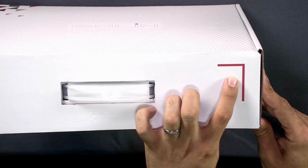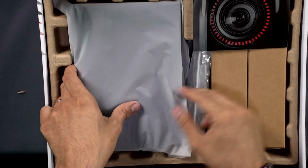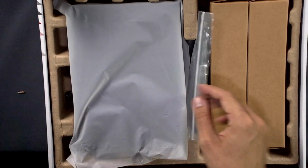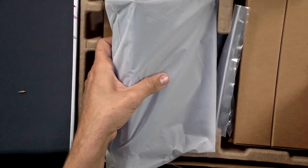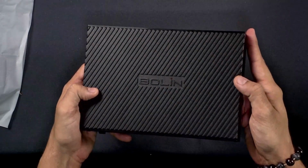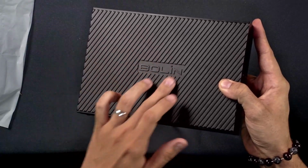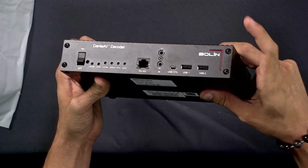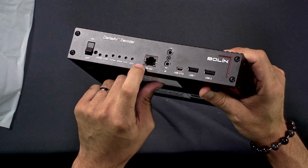Have our Bolin decoder box. See that? It kind of looks like the decoder on the top, and on the front here we also have this little light that's just like the decoder as well, which is pretty cool. Open this up here. Alright, we got another one of the thank you cards. Here we have our decoder. Design of it's just like the box. We have that